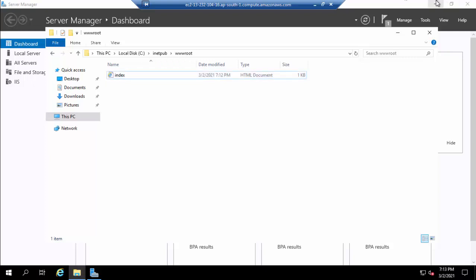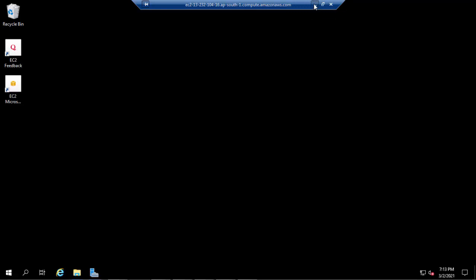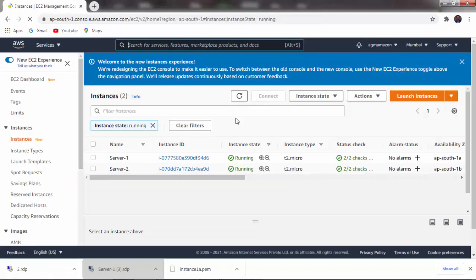Now just minimize it. Now you have to follow all the steps for server number 2.